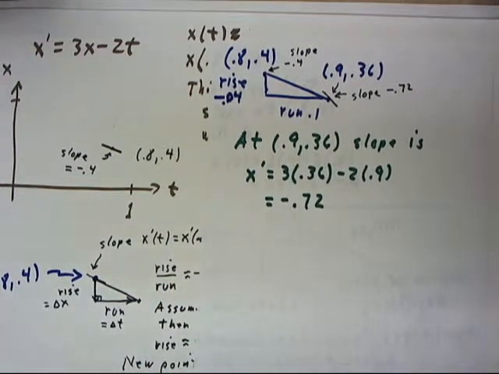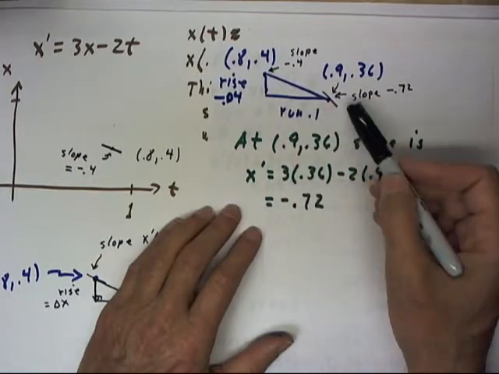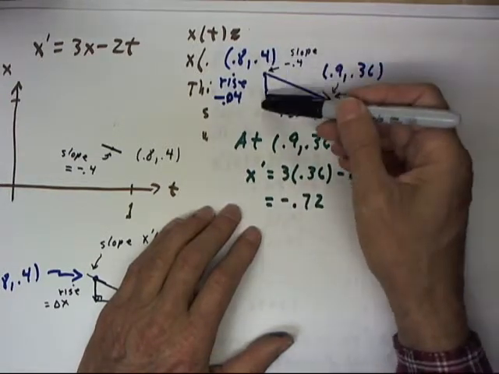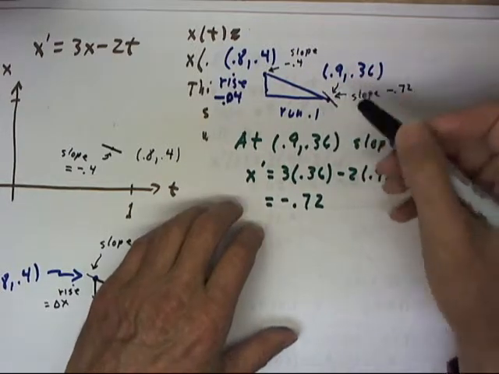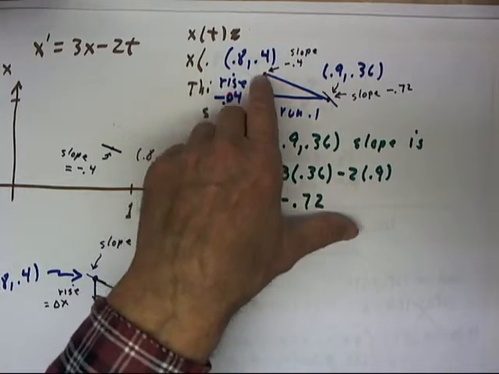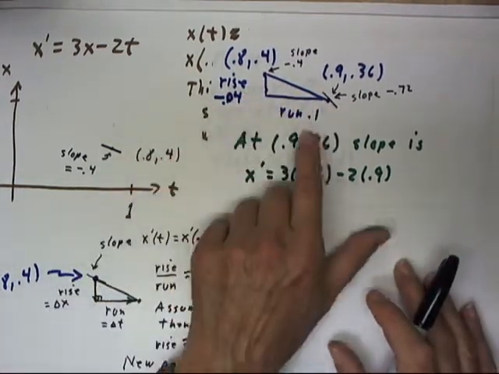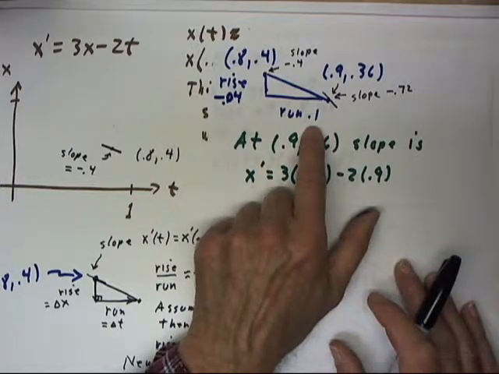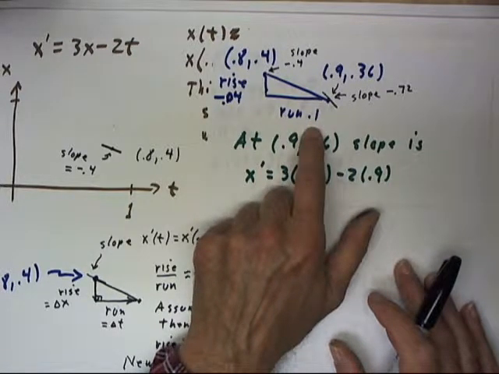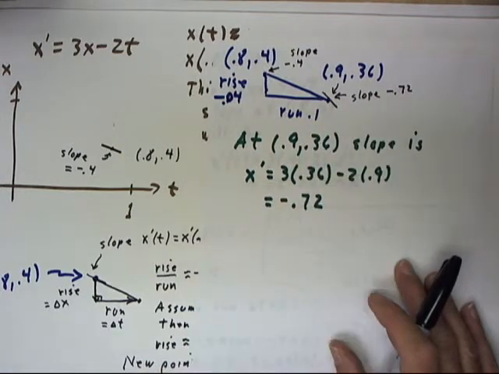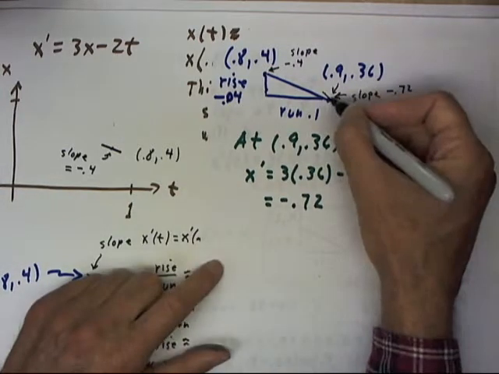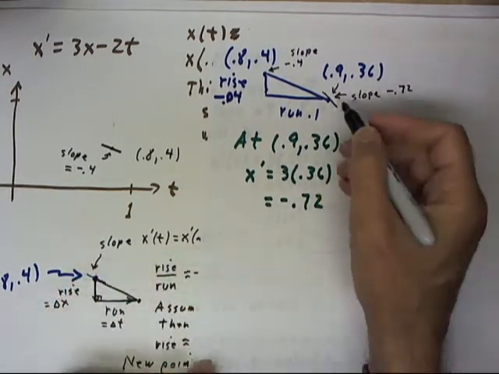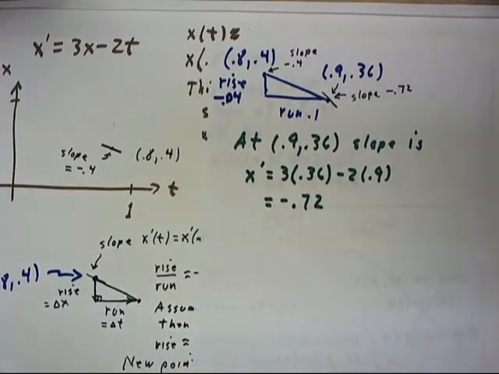Now we can try to correct for that decrease. We could average the slope here and the slope here, and then re-estimate what our run of 0.1 would do, and that would give us a significantly lower point. We're not going to do that right now. We're just going to accept this, and we're going to accept that there is an error, and maybe we shouldn't have run quite as far as we did. Maybe we run only 0.01, which would result in a much smaller difference in the slope. In any case, if we just accept the slope of negative 0.72 at the point 0.9, 0.36, we can calculate